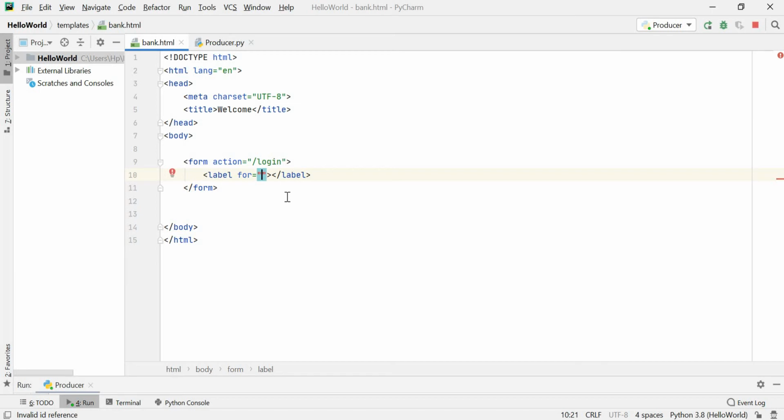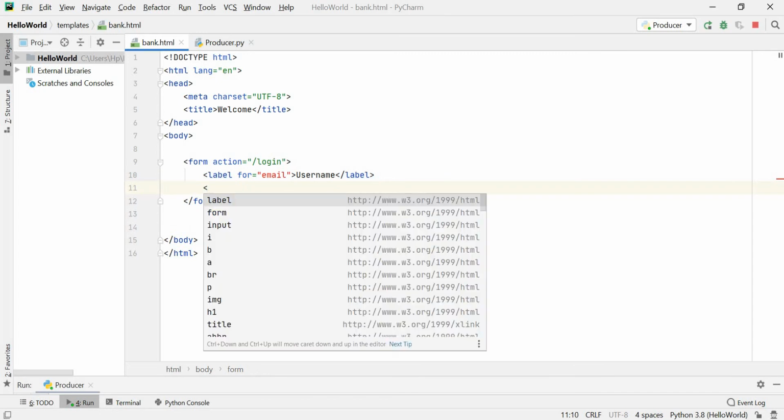So for that you just give the label, let's say, email. I will put here username. This is what the user will see displayed on your web page.